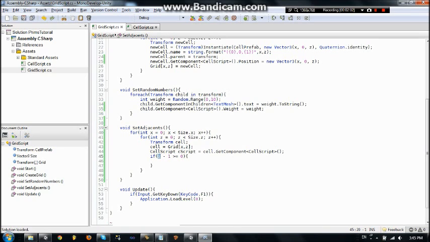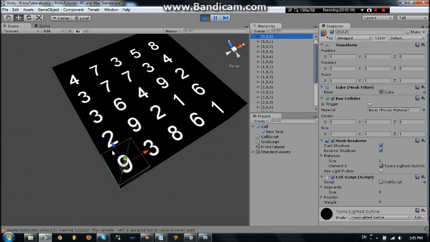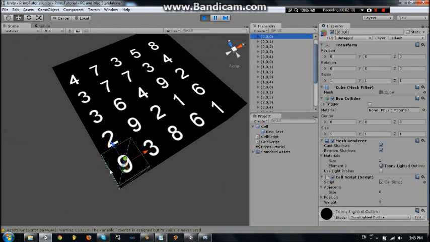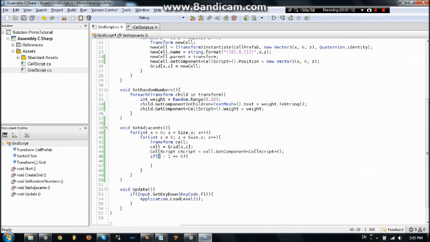But when x is 0, as in when it's the furthest to the left, then there's not going to be an adjacent there. But if it's not furthest to the left, then we can try to add the adjacent there. So then we do cscript dot adjacent, which is a list, dot add